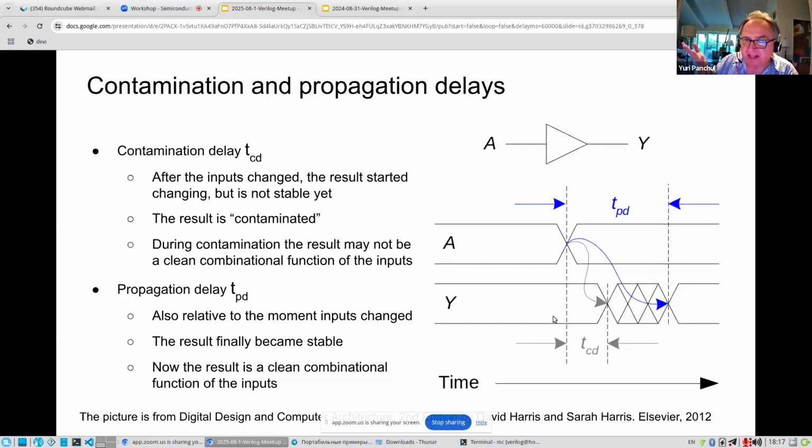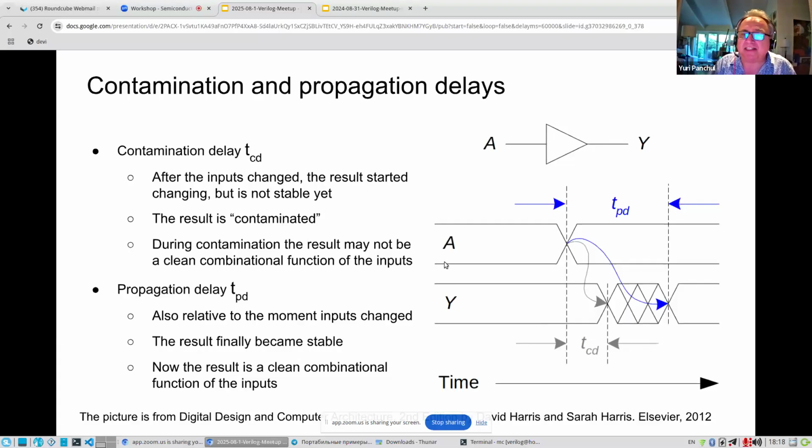And for a while, the outputs will have some undetermined value. They may get 0 and 1, and then finally stabilize on something. They may even be in a prohibited area where they're not 0, not 1, but something in the middle. And finally, after a time called propagation delay, your signal becomes stable.